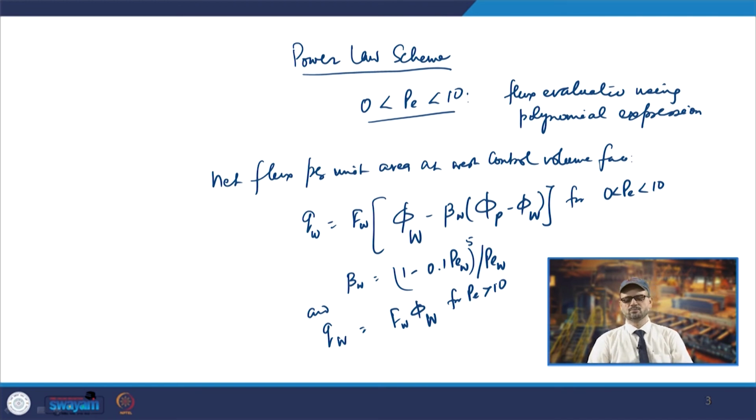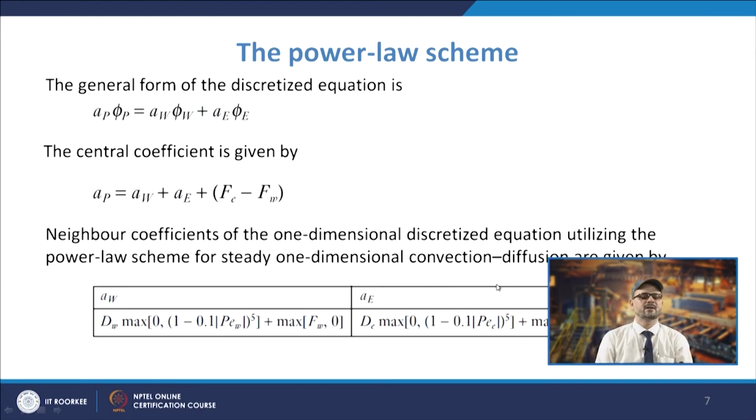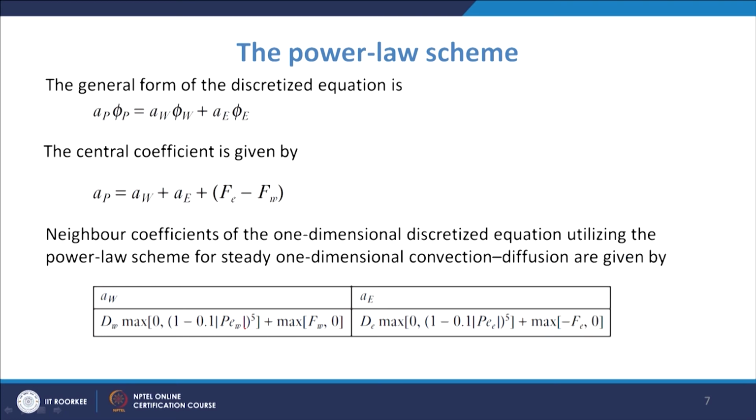So, this coefficient also, as we see in this case, the central coefficient will be AW plus AE plus FE minus FW, and based on this power law, we have the values for AW and AE expressed in this form. These are the power law schemes devised by Patankar. Another scheme which is also used, a higher order scheme, is